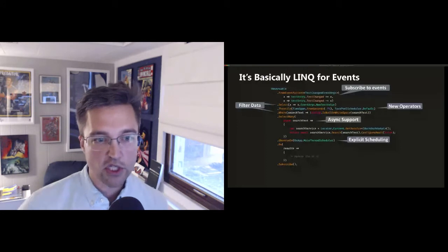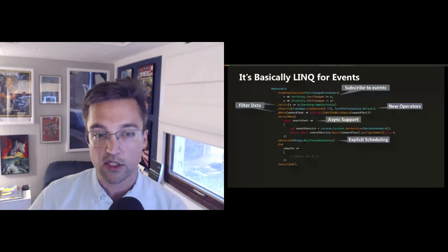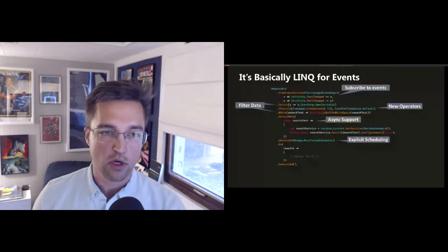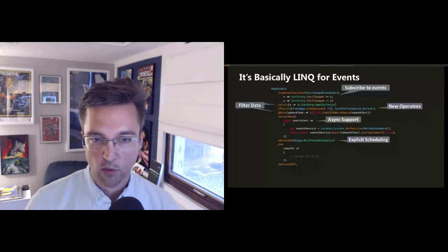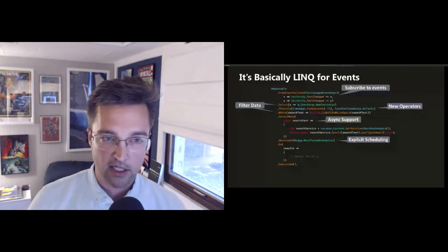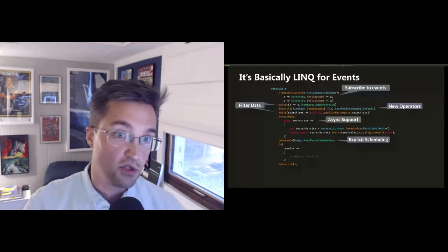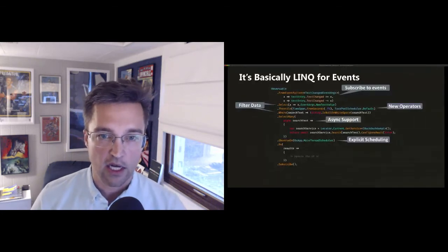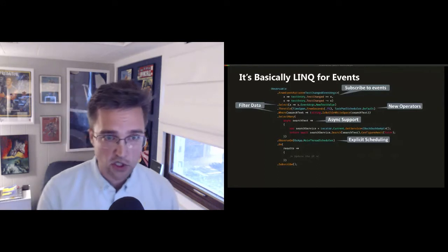We also get some cool features out here like SelectMany, which allows us to inline call async and await methods. That's something you can't do, again, without some additional libraries, for LINQ. And then there's a bunch of other stuff. These are just high-level things, but we could do cool things like explicit scheduling. I could tell this block of code that I want parts of it to run on, in this example, the user interface thread, or I could tell parts of it to run on a background thread, so that if we're doing something like calling an API or a database, it's not doing all that work while our app sits stagnant. All right, so that's the first core piece that we have out there